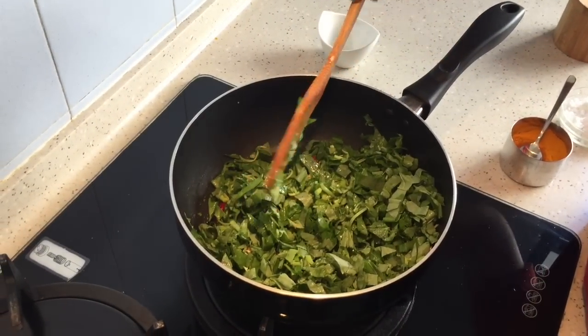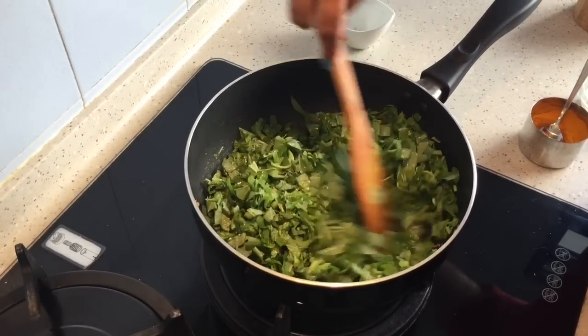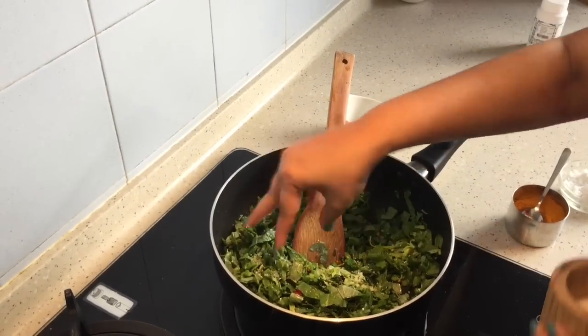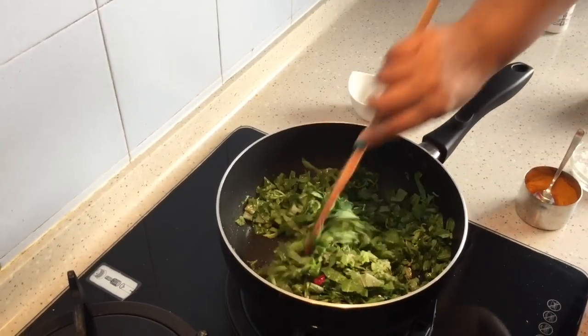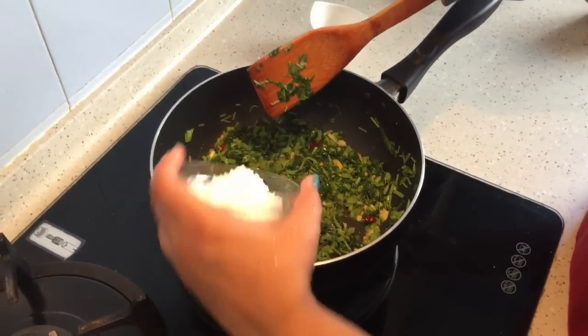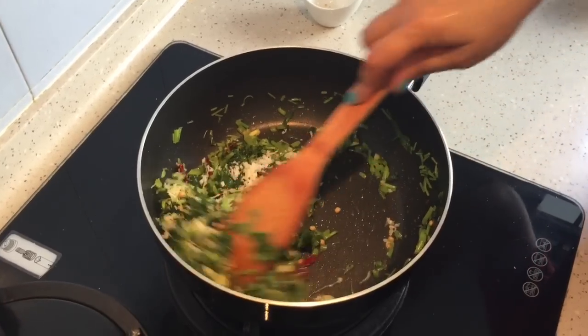No need to add water because once they cook, they will lose some moisture also. So just mix it well, add some salt. Just cover and cook it for just 2 minutes will do. So the spinach is cooked very well, so I'm adding in the grated coconut, and our spinach poriyal or keera poriyal